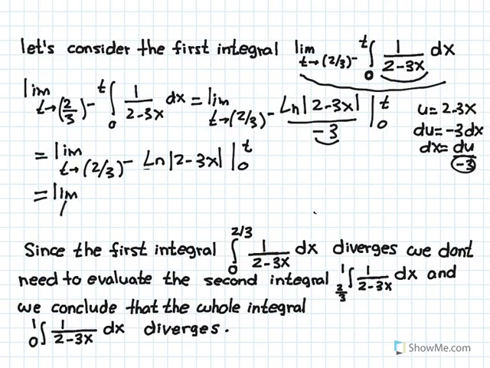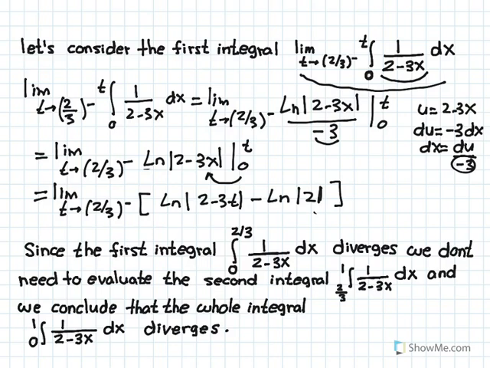We get the limit of log of 2 minus 3t minus log of 2, because we're plugging in x equals 0 and we just get log of 2. If we take the limit as t approaches 2/3 from the negative side, we're going to get log of 0 plus, a small positive number close to 0, minus log 2,